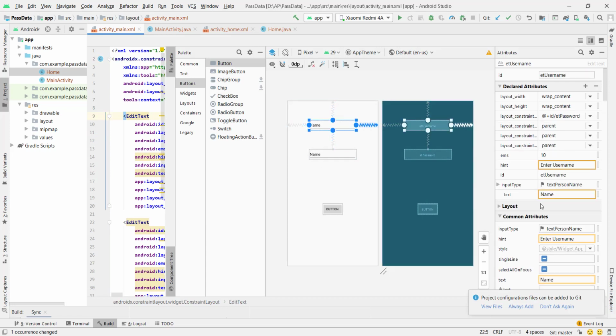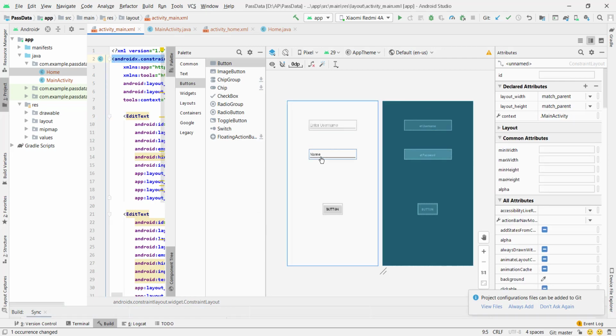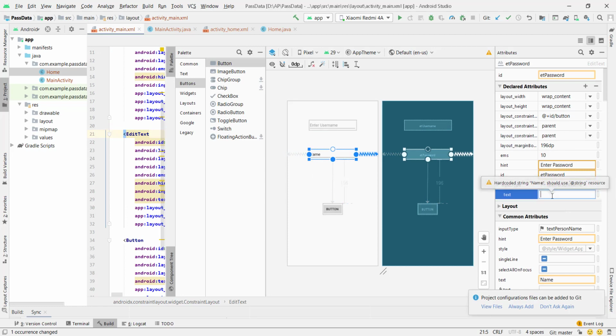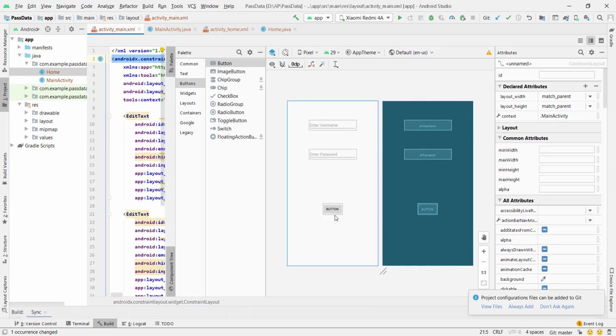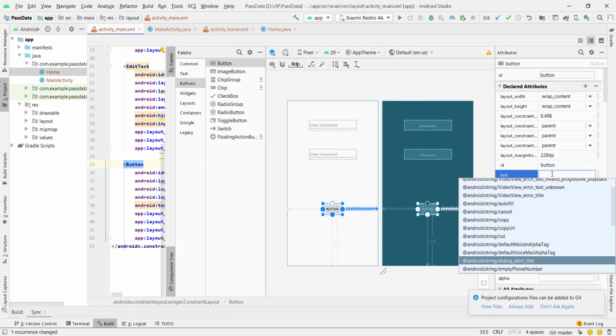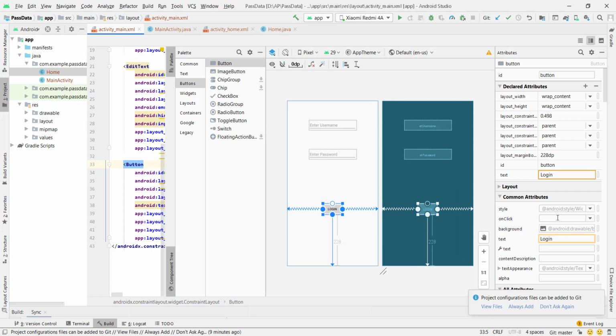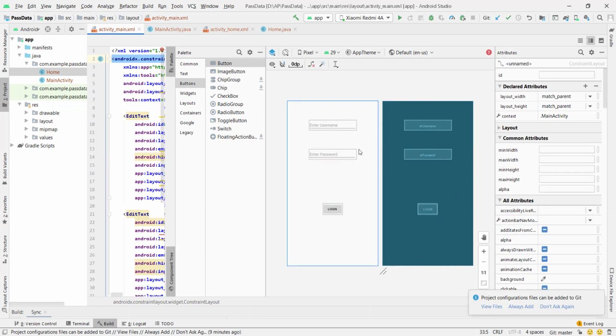Click on this and get rid of this text. Do the same for this also. And now we have to give text for this button, and we have to create an on click method. So click on this and give text as login and enter the name for the on click method. I'm naming it button login. So now we are done with the implementation of the XML part of the main activity.